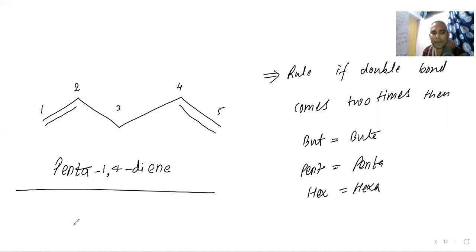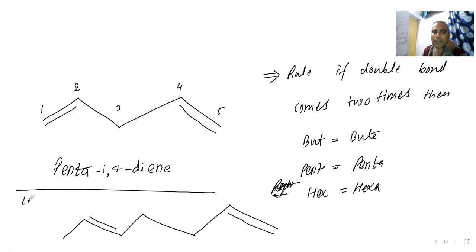Is it okay? Yes, sir. Sir, can you give more examples? I'm still not good with this, I'm facing a problem with double bonds. Okay, it's okay. Suppose I am mentioning here a double bond and here a double bond. Tell me from which direction we have to start numbering. From the left side, no, from the right side. Sorry, this is left, because the double bond will get the lesser number.